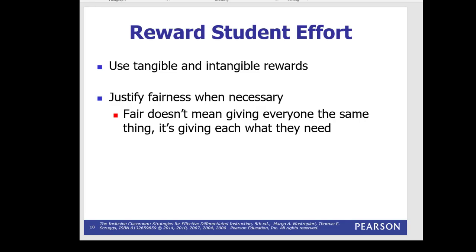And we had the idea of fairness, which is some students need more than other students. Some students are motivated by different things than other students. Some students are more intrinsically motivated, and they're not going to respond to extrinsic rewards as much as students who are more extrinsically motivated or who may be developing their own affect and their own motivation. So the idea of equality and fairness does not always mean everybody gets the same thing. The most truly equal thing that we can do is to give everybody what they need and what will help them succeed the most. And that's not the same thing. It's oftentimes a variety of things, not just one or two things, oftentimes it's many things.